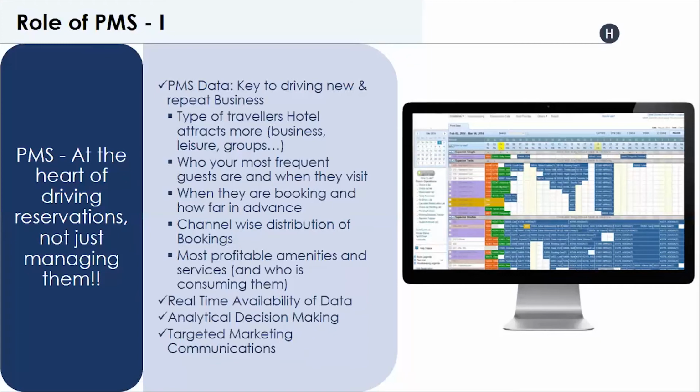Because the real-time data availability resides in the system. Now you can have the guest history. You can do targeted communications. You can have the last minute availability on any OTA. For example, if a cancellation happens of a group, that room is available immediately in the OTA if the PMS is seamlessly connected. If a cancellation happens in the OTA, the availability is there across all other OTAs, and it happens in a seamless way. This drives incremental revenue for the hotels, and the PMS helps in this regard.